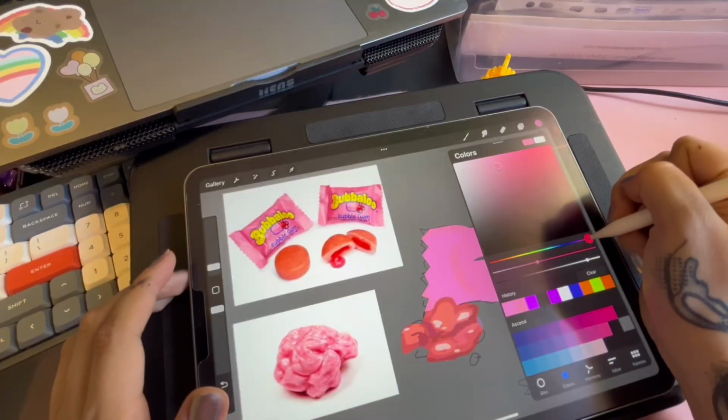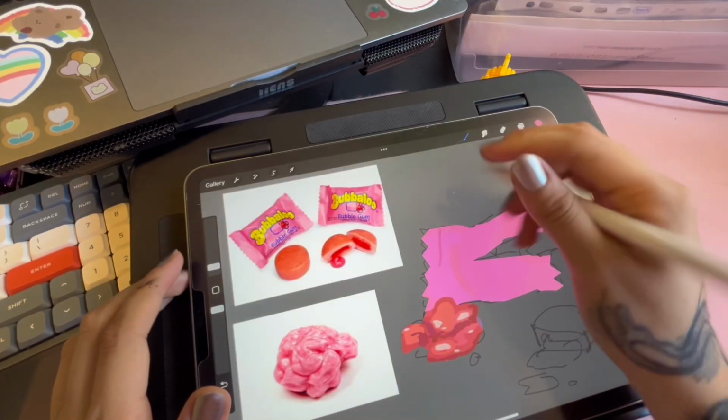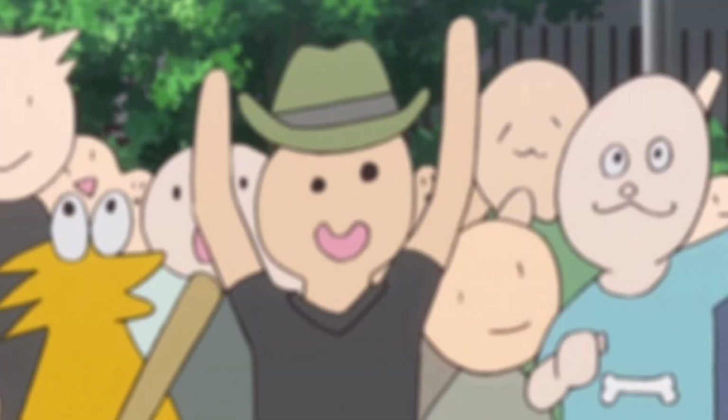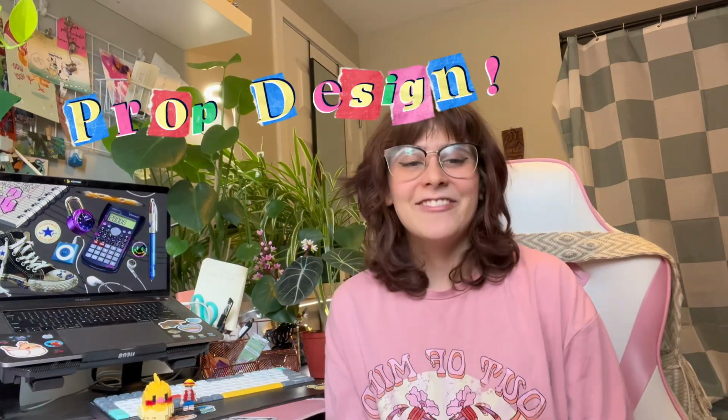When people think about visual development jobs or concept art jobs, the first thing that comes to mind is cool character design or cool background design. As cool as those jobs are, when you enter the industry, one of the first things that you're probably going to do is prop design. I have an unpopular opinion, and it's that